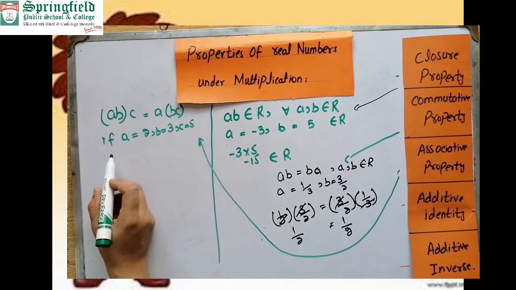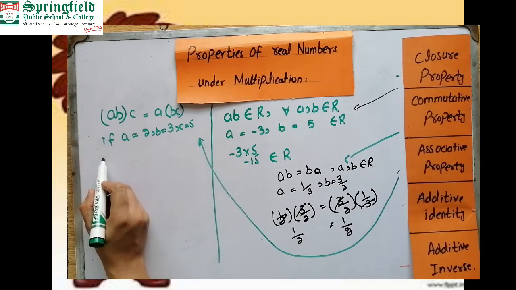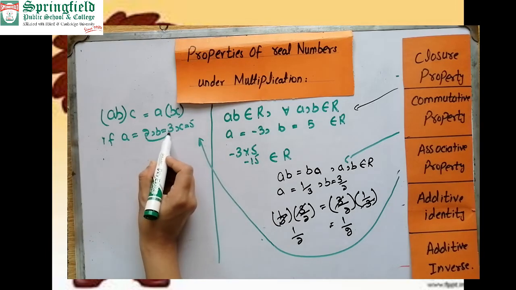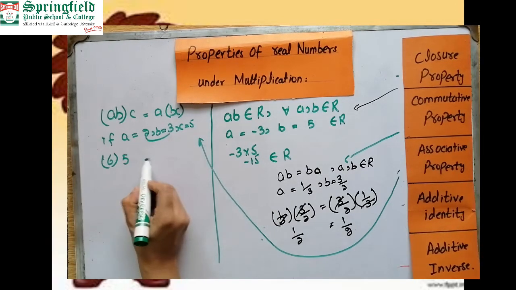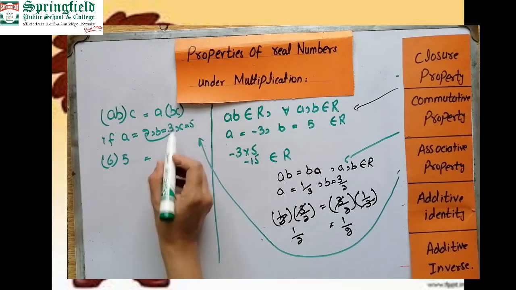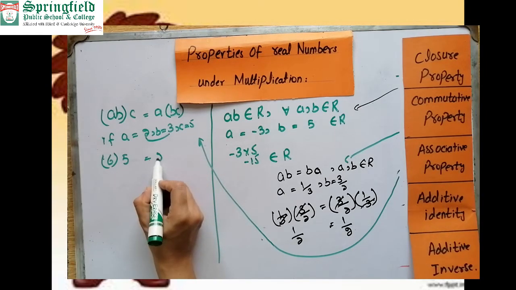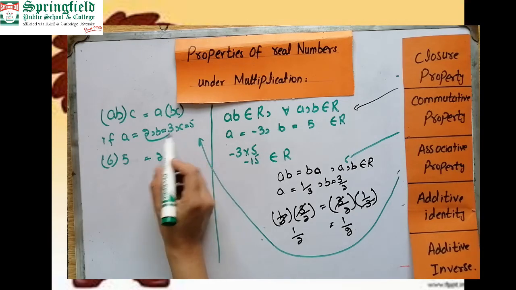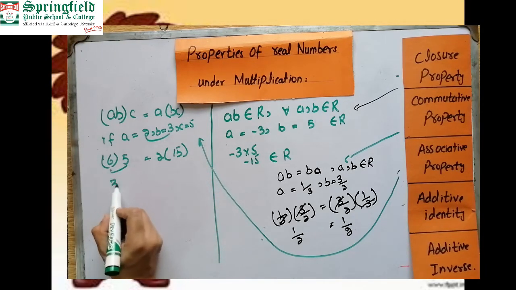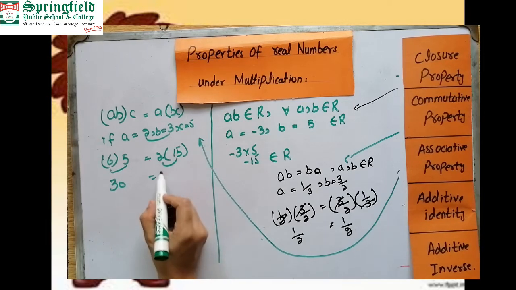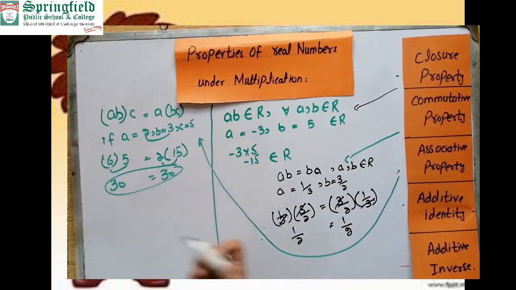So what will be the product of AB? The product of AB, 2 3s are 6, and then write down the value of C. And then write down the value of A and the BC product, BC, 3 5s are 15. So 5 6s are 30 and 15 2s are 30. So the left hand side is equal to the right hand side. It fulfills the associative property.